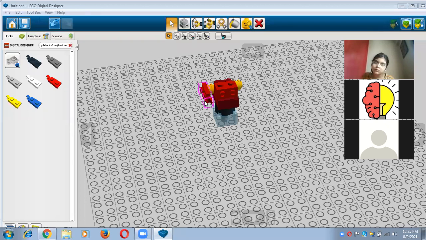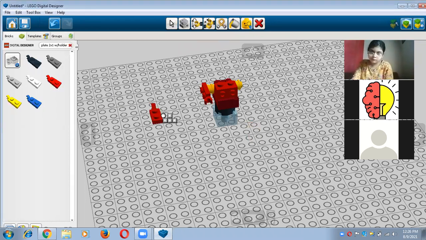Yes. So we need one more same plate, right? So for that, no need to find out again and again because the same folder has already opened here. So we can take easily, right? And now I'm going to take this plate, holder vertical plate, just click on that, and after that you will rotate it by the help of keyboard, right?